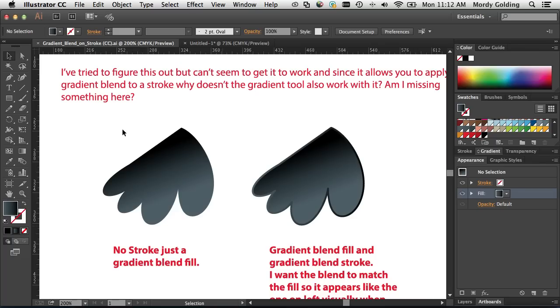So my friend Von Glitschka reached out to me with a question on Illustrator. Von's an incredible illustrator, and he was working on a project, and he was trying to get a certain effect, and he sent me this file. He had this shape over here, and he was filling it with a gradient, and then he wanted to apply